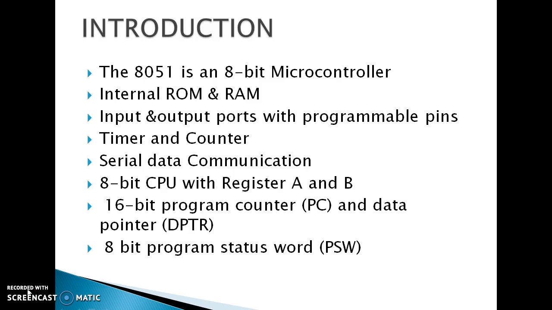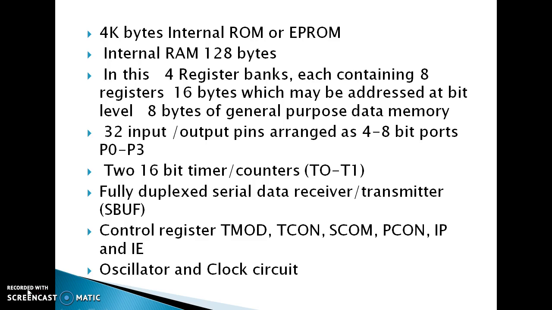For that we have one serial data interface, an 8-bit CPU with registers A and B, a 16-bit program counter and data pointer, an 8-bit program status word, 4 kilobytes of internal ROM or EEPROM, and 128 bytes of internal RAM. In this there are 4 register banks, each containing 8 registers, 16 bytes which may be addressed at bit level, 8 bytes of general purpose data memory, 32 input and output pins arranged as four 8-bit ports, P0 to P3,